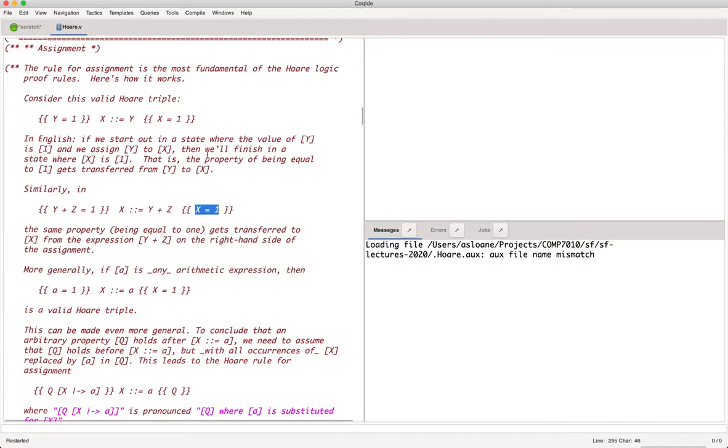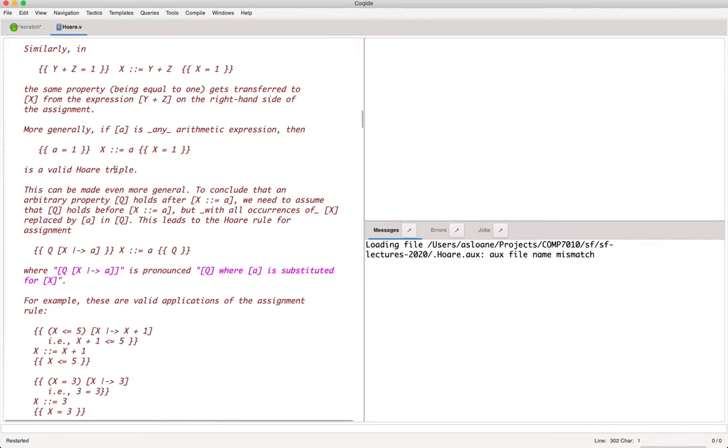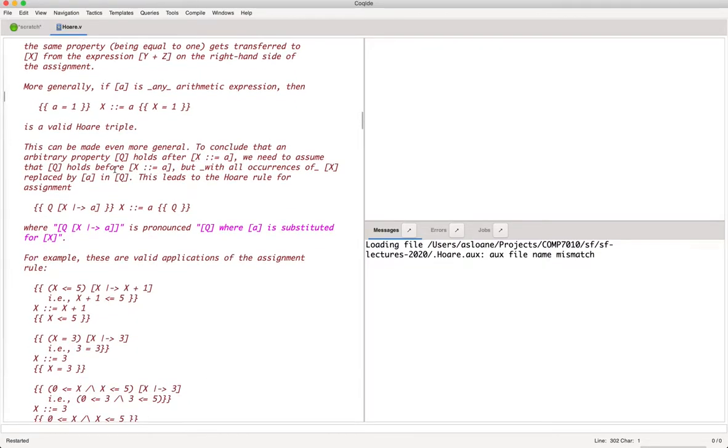So the first version of the assignment rule that they give here is that if we have some arithmetic expression a, and we happen to know that expression is equal to 1 beforehand, then we know that x is equal to 1 afterwards. Okay, but this is a very specific case still, because it's only talking about equality to 1 and so on and so forth. So the form of the rule that we actually